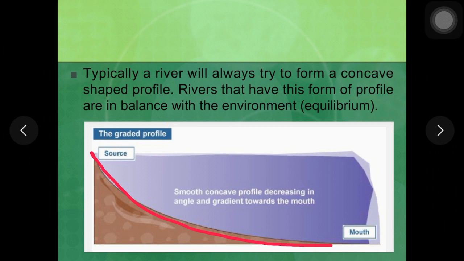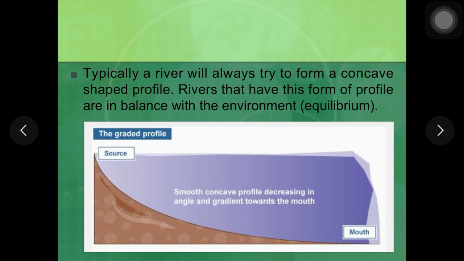The graded profile of a river which is said to be in equilibrium means that there is a perfect balance between erosion and deposition along its course, or you can say that there is neither net erosion nor net deposition along the course of the river. But this doesn't happen naturally. In reality, you won't find a river achieving this kind of profile because of dynamic changes that take place on the earth's surface. It could be due to sea level changes, geostatic changes, or climatic and tectonic changes. So, a river over a period of time keeps changing its graded profile.